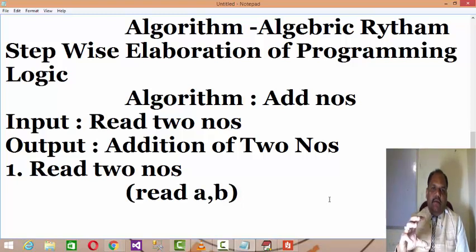A PHP programmer knows the syntax of PHP. If he is a Java programmer, he knows the syntax of Java. So what he will do is, by using the grammar of that particular language, try to implement that step in that language. Right? In this way, he can write the code.